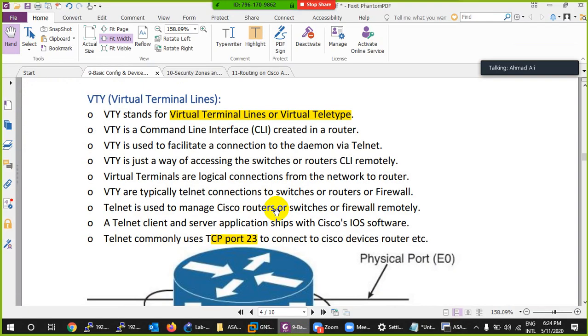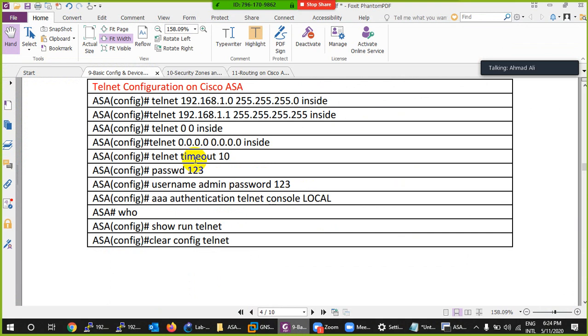So this was how to configure telnet in Cisco ASA. You can type a whole subnet, you can type a single IP, you can type to allow everyone, from inside. You can set a timeout; after this time the session will be closed automatically. If you need only a password, type this command. If you want username and password both, then you have to go to authentication telnet local. The command to check who is logged in, and to see only the configuration of telnet, run show running telnet, and to clear the